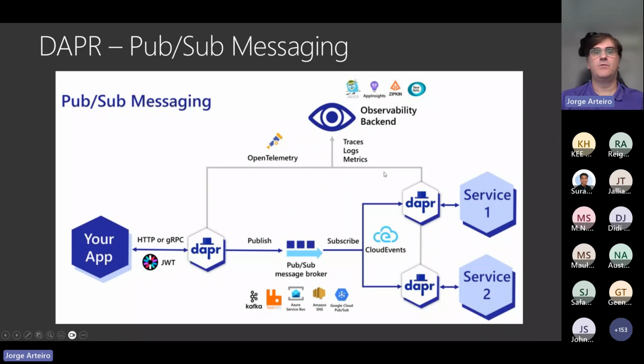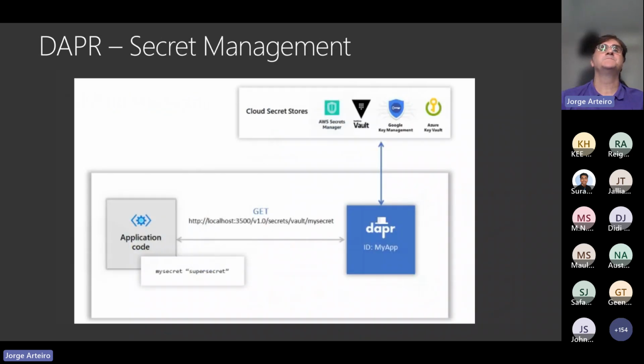Pub/sub is very nice. I don't want to write the code that talks with Kafka or Service Bus. I just ask Dapr, which is like an assistant, a library, and say: can you send that to another service? Can you record that in a pub/sub storage? Or can you give me that secret, even if the secret is in different products here?